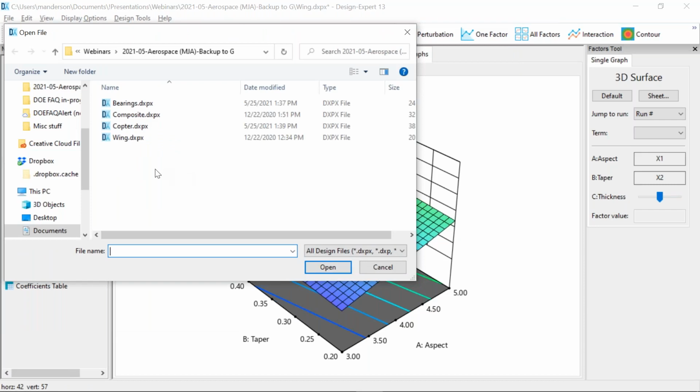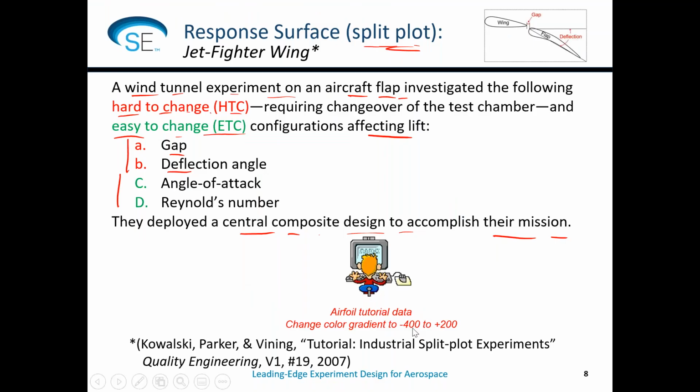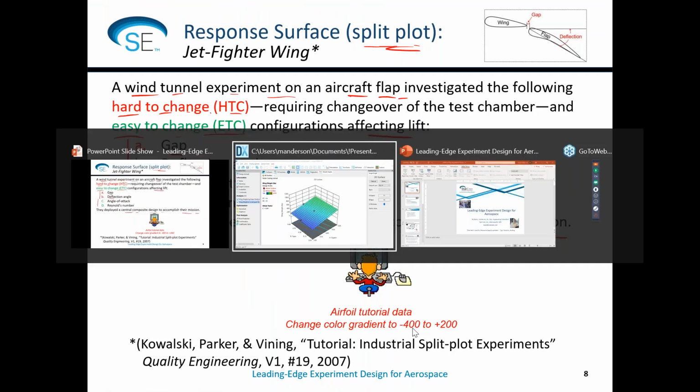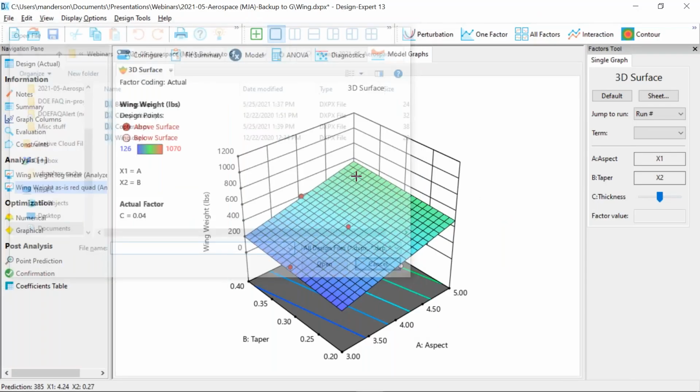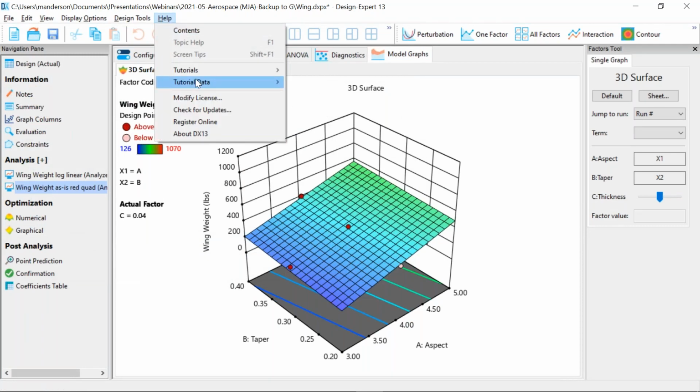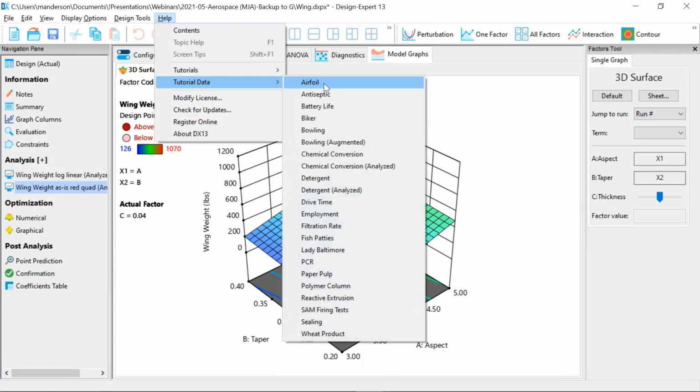Actually, I don't know if I have this one, aircraft tutorial data. Okay, let's see, airfoil tutorial data. Let's see if that's in here. Help, tutorial data, airfoil. Okay, here it is. So this is actually a tutorial that we have